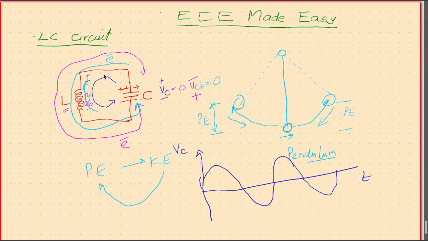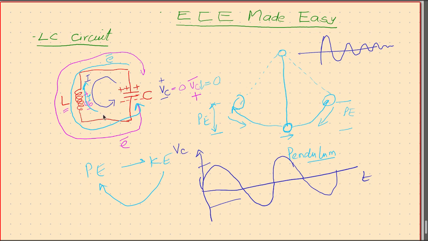And we have considered that there is no lossy element, no resistive element here, and hence this continues to go forever. But that's not the real case, because the pendulum cannot oscillate forever, it has to stop somewhere. So the actual thing, if you look at the pendulum action, is going to be a damped oscillation, because there is resistance at the hinge, there is air resistance, which is slowing it down, and this is what happens.